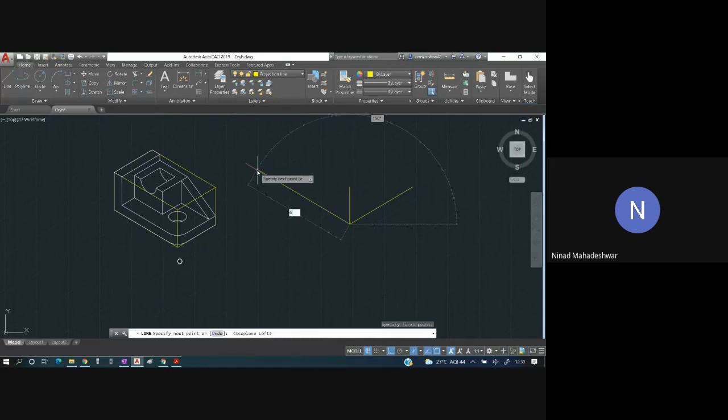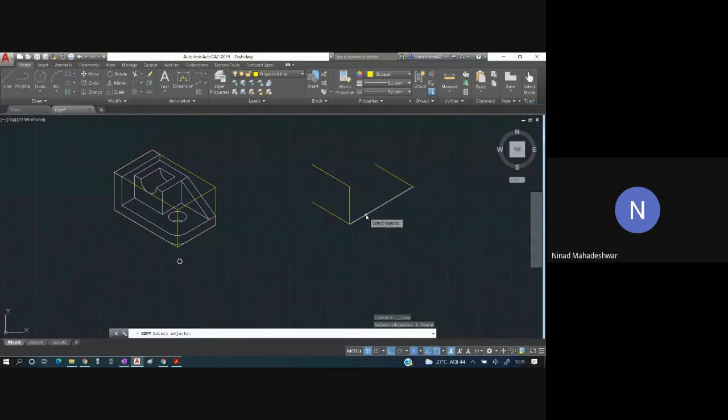Function fy. Sometimes I will say function fy for the students who are using a laptop. I have an HP laptop, so those function keys cannot be directly operated, hence you need to press a particular key. Anyways, we'll copy this. Press enter, from this end to this end, to this end also.